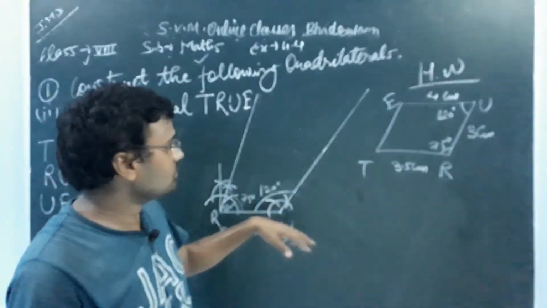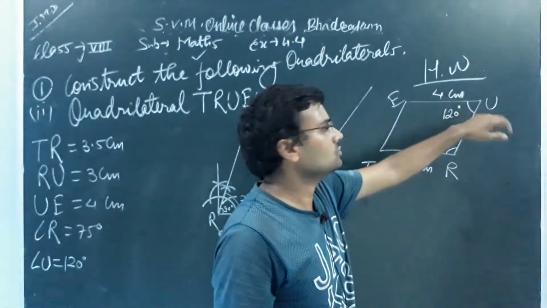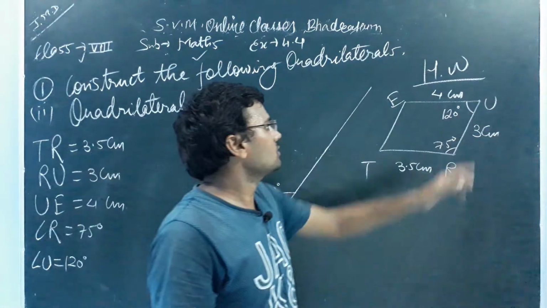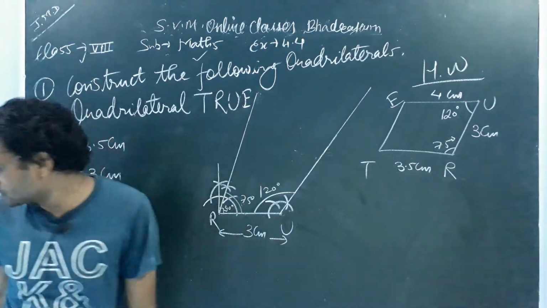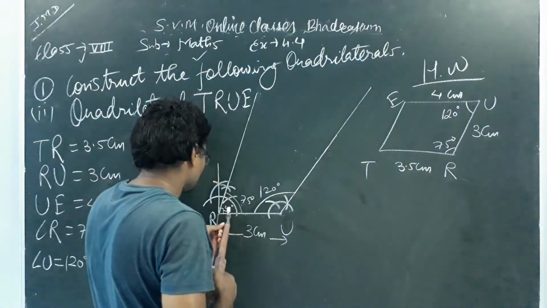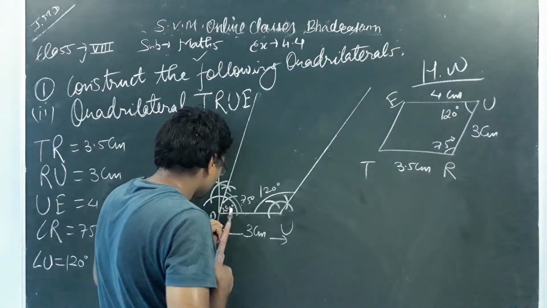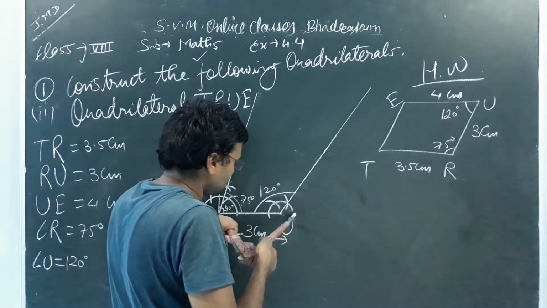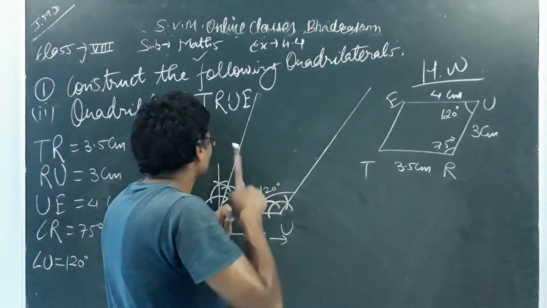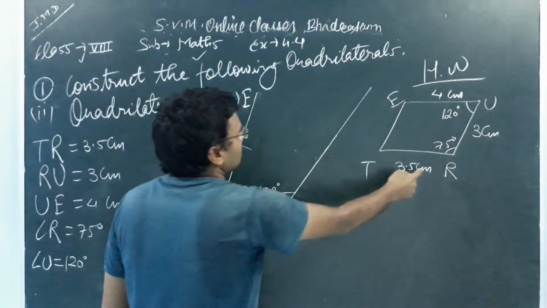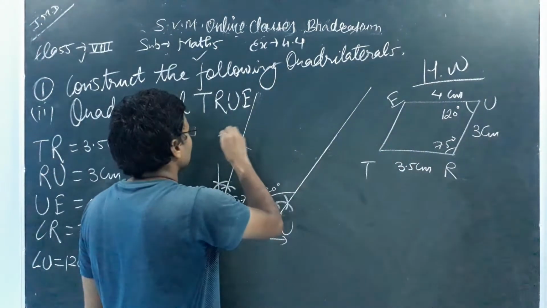Okay, and same we will do for the point U. We will take a distance of 4 centimeter as radius and draw an arc. Okay, so I am going to just proceed. Listen, actually this is 3 centimeter. Okay, and we have to take a distance of 3.5, so this is approximately 3.5. Okay, so this is an arc which is 3.5, and this is our point T.